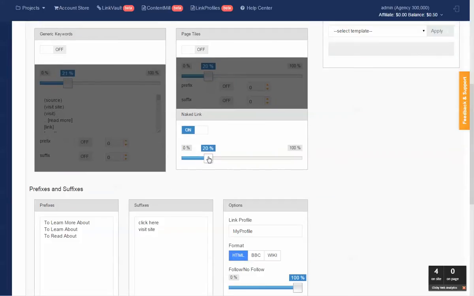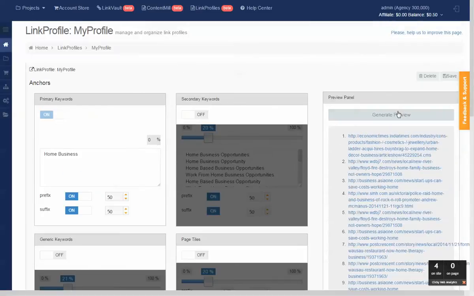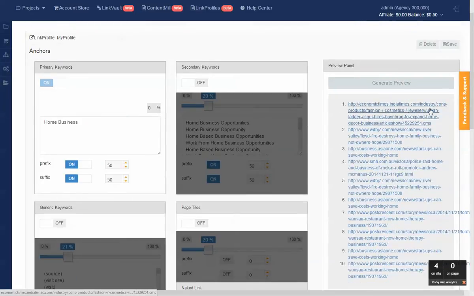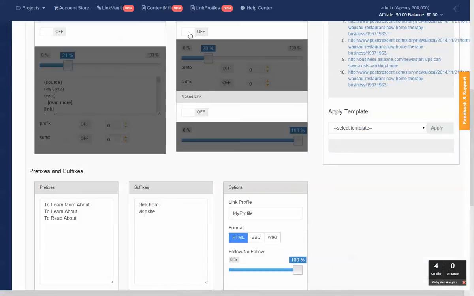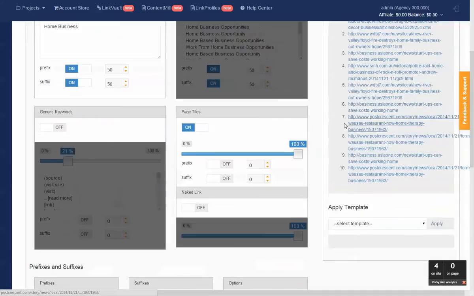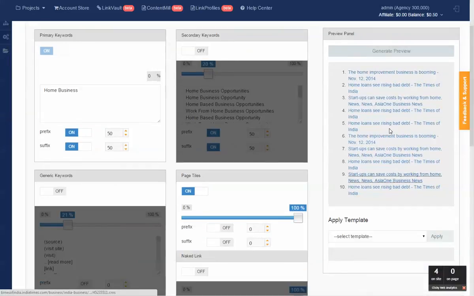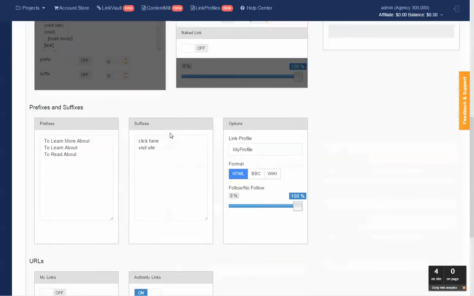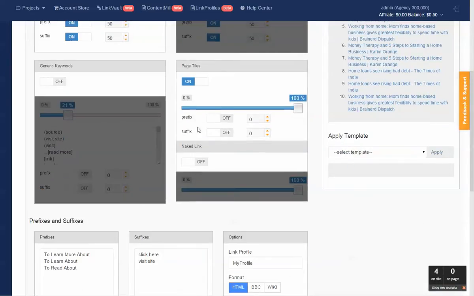If I use authority links and 100% naked, you can see actual URLs. And it's very powerful to enable page title for authority links, so you can see actual titles for authority links. So going back to plain setup,